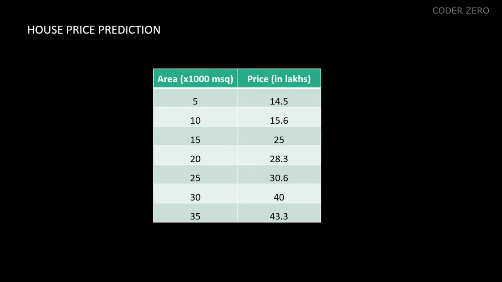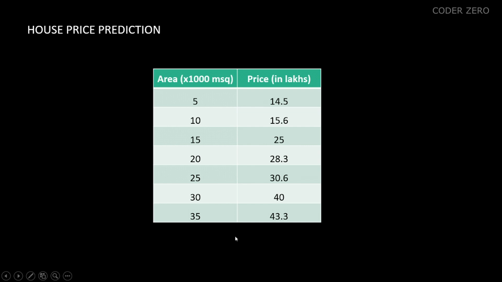Now let's understand the importance of weight and bias through this example. Let's take this dataset. This dataset contains house prices in a certain locality. So let's say we have a 5000 square meter house. For this house the price would be 14.5 lakhs, and for a 10,000 square meter house the price would be 15.6, and so on. So if I ask you what would be the price for a house with an area of